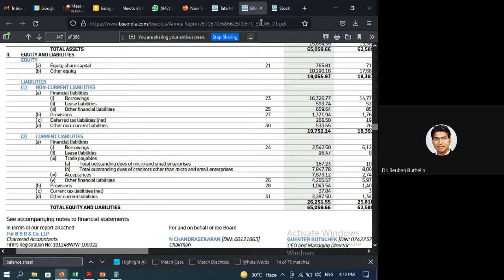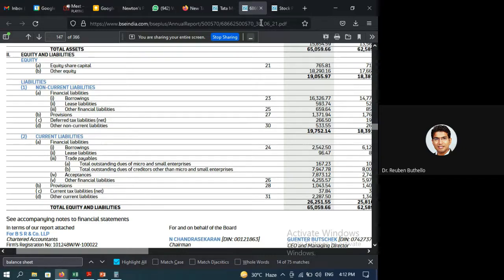All right. After equity, when I go down, comes my next longest liability, and those are long-term loans. So you see, there are borrowings, lease liabilities, and financial liabilities. The loans that I have are around, can you see, 16,000 crore worth long-term? Yes, sir. Okay. So those are the ones which I have to pay. All of these categories totally, if I look down, the one in bold is 19,752.